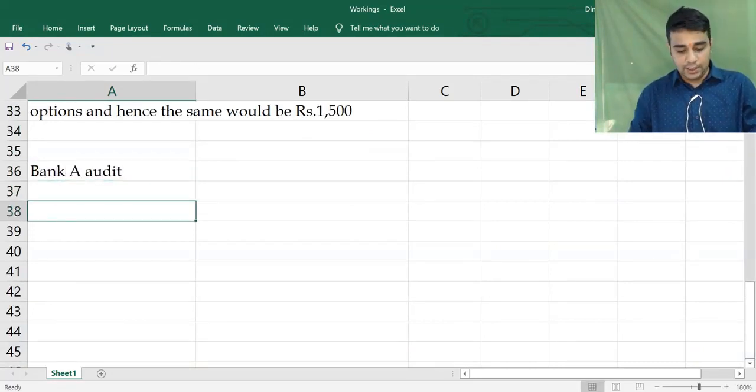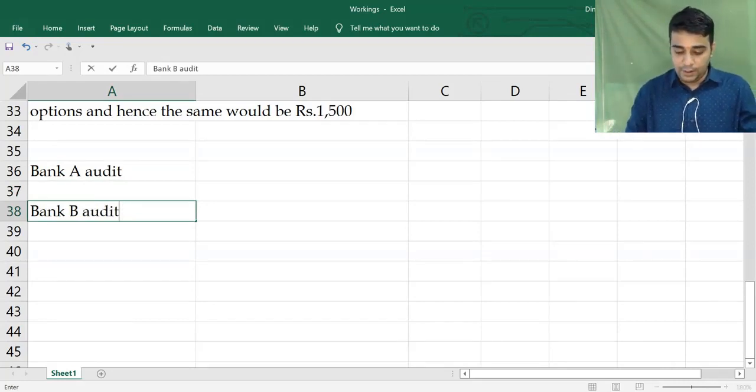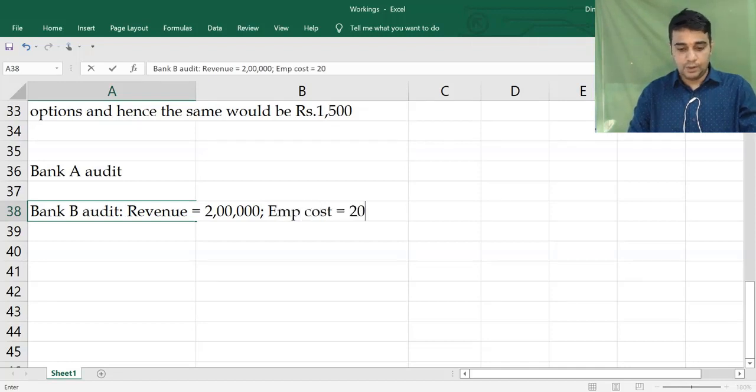He was earlier working on bank B audit. Revenue of bank B is 2 lakh. You will earn revenue of 2 lakh. Employee cost is 20,000. Employee cost is a variable cost. Other variable cost 1 lakh. Other fixed cost, or fixed cost,